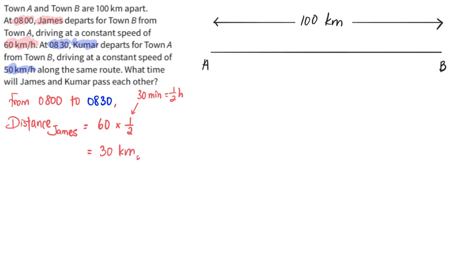Okay, so this part here will be, let me just denote it here. Even before Kumar started traveling, James will have traveled 30 kilometers already. And from this point onwards, Kumar started his journey. So after 8:30, where both started traveling, at this point I would like to denote